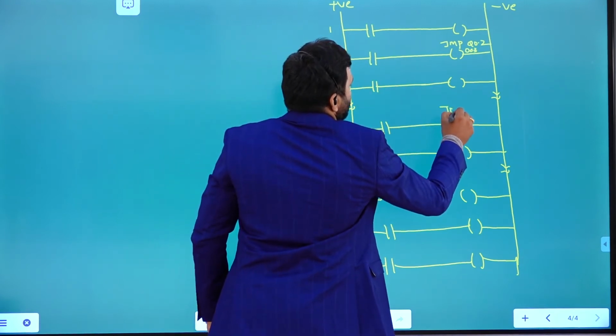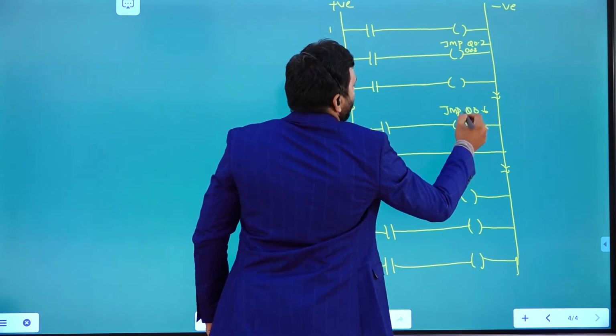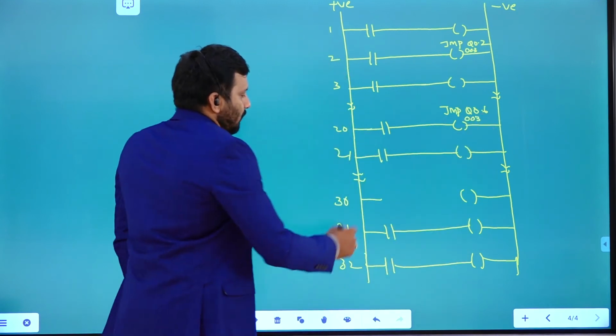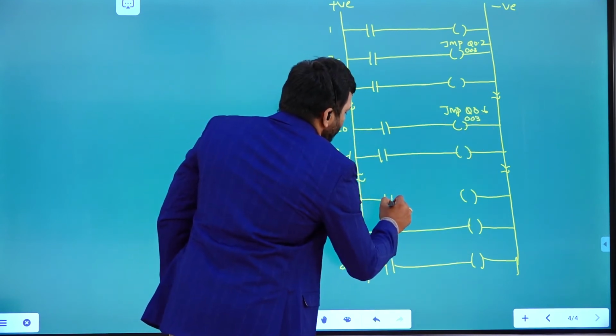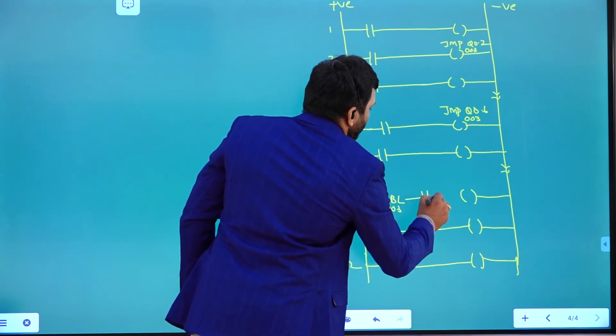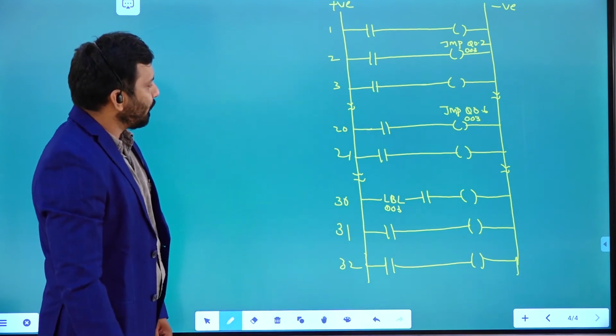So here jump q, for example 6, right? So address is 003, so here you can write label 003 like this, right? So here in this example you can see.